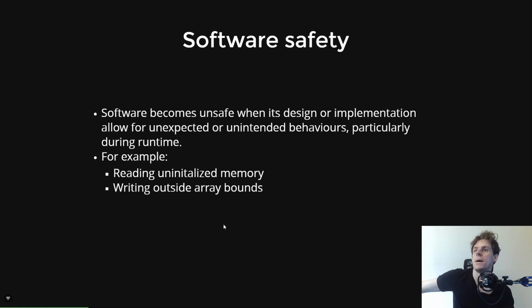Now, bugs come in all different shapes and sizes, but common ones that you'll see that can be particularly bad in C are reading uninitialized memory. If you ever compile with GCC, you'll know that you can access memory that's out of bounds. You can try to access a null pointer, getting the data at a null address. You can try to use a file that's been closed. There's a whole bunch of things you can do. And if these things are possible, you would say that your software is less safe, because safe software should not be allowed to be accidentally misused, right?